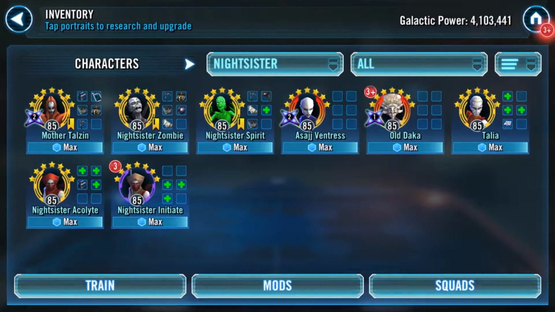The most important thing to know about Nightsisters is that before you have the Gear 12 Plus pieces on them, as well as your 6E mods, you can't really expect too much out of them. This team has one of the biggest boosts after you get to Gear 12, so if you're running them at Gear 11 or just base Gear 12, you're probably going to be better running an Assaj lead with Talzin, Daka, Zombie and Nest, because this full Nightsister lineup only works well with both optimal mods and the Gear 12 Plus